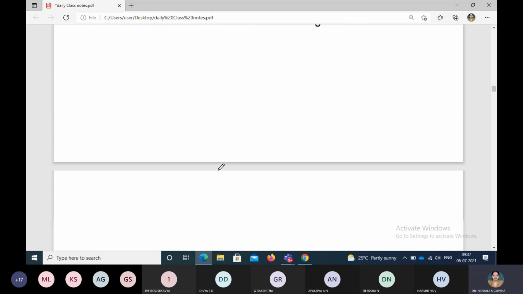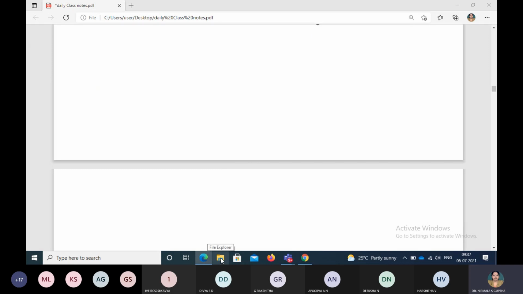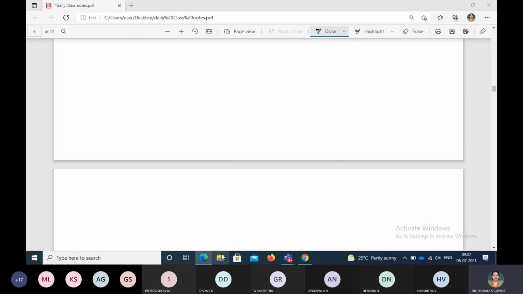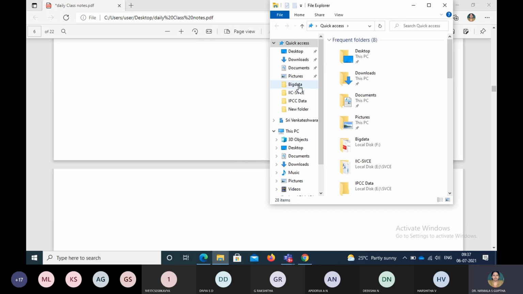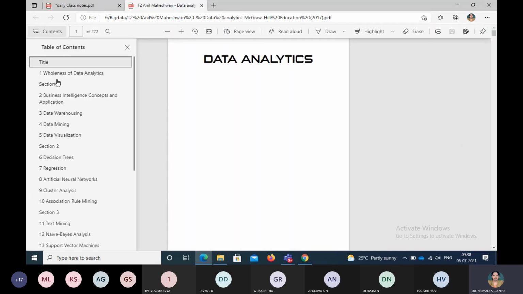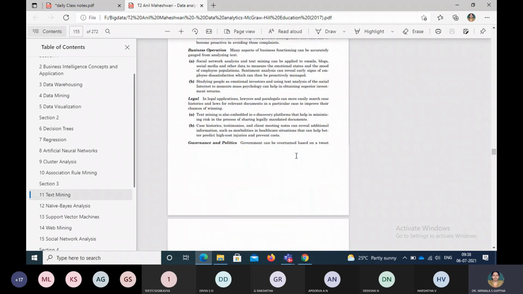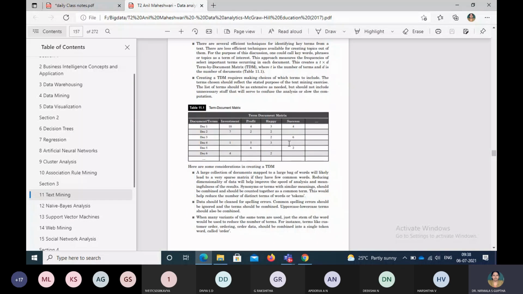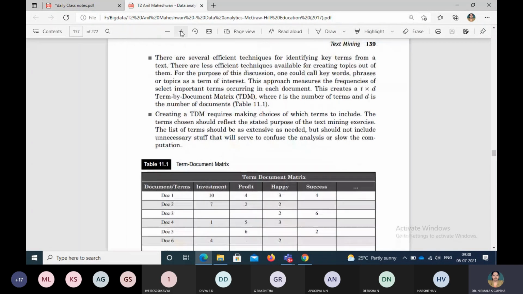So here is one of the list, which probably I'll show you directly here. Give me a minute time. I'll just open. Okay, because we need the table. We are doing text mining. Yes, this is the thing. Let me close this.